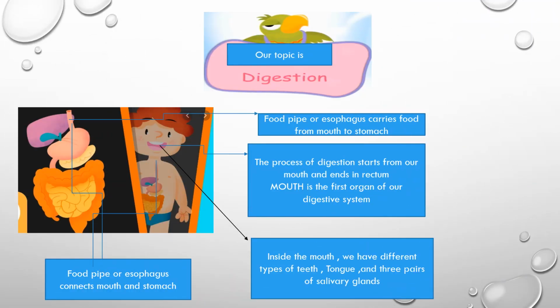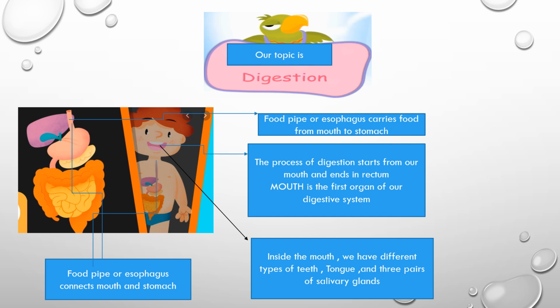Good morning, students. In this class, we will learn about the process of digestion, which is the main topic of lesson 1, My Body. I think all of you know that we get nutrients and energy from the food, and we get this after the process of digestion. In the digestive system, we have different organs which form it.